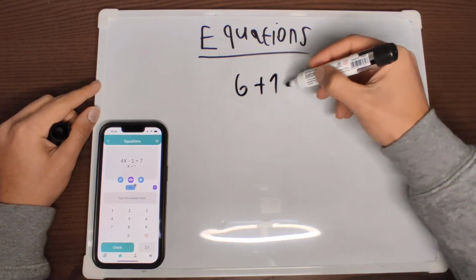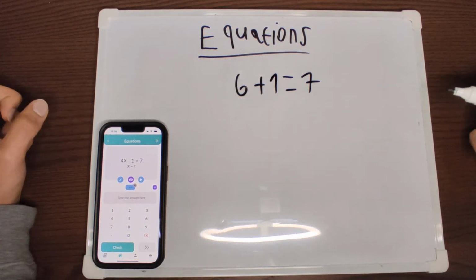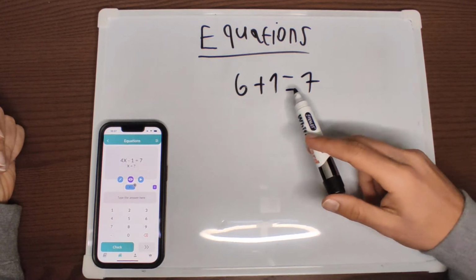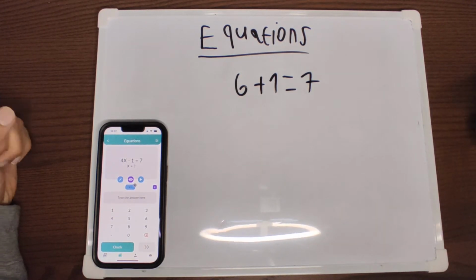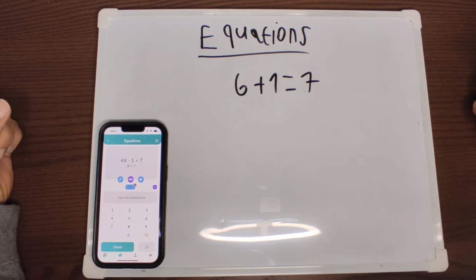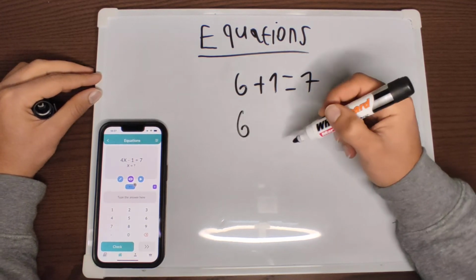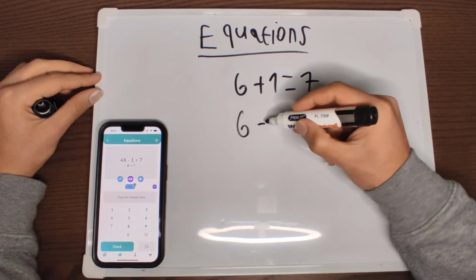So let's take a little more complex equation to understand what it is. 6 plus 1 equals 7. Is this equation correct? Yeah, because 6 plus 1 is 7. Okay, so when does it get hard? Let's take a look at this equation. 6 plus